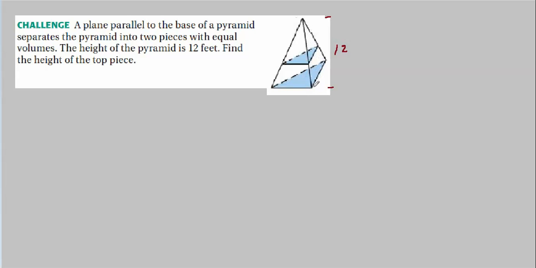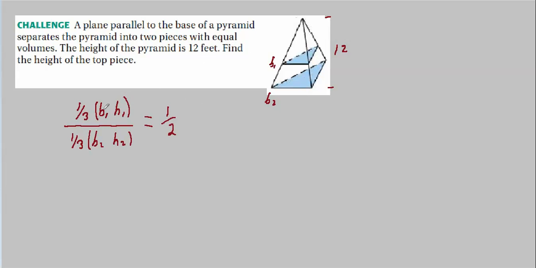Another way to look at it is the ratio of the volume of the whole to the volume of the top part is 2. So if I list this as base 1 and this as base 2, then the height corresponding to base 2 would be h2, and that's 12. The height corresponding to b1, well, we don't know what that is yet, do we? In fact, that's what we're supposed to be looking for.